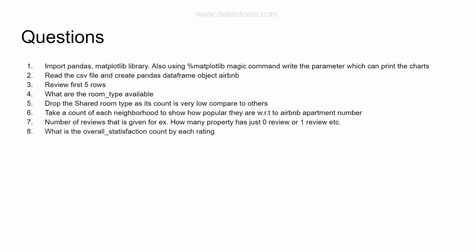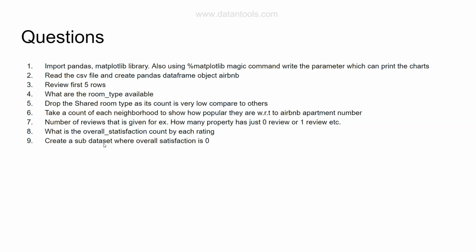After that, what is the overall satisfaction count by each rating? Again, similar to this, do it for the variable overall satisfaction. And then create a sub data set where overall satisfaction is 0. So this is interesting, that from the main data set, which is Airbnb, you need to create a sub data